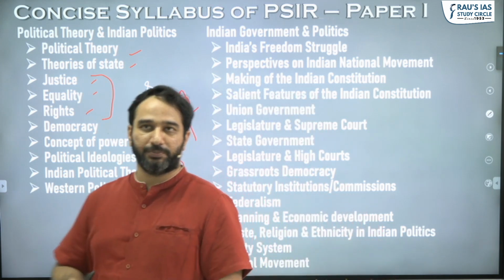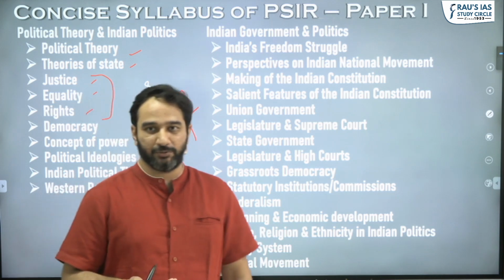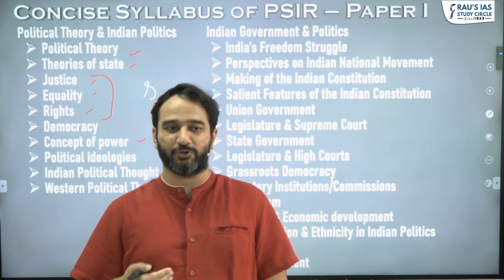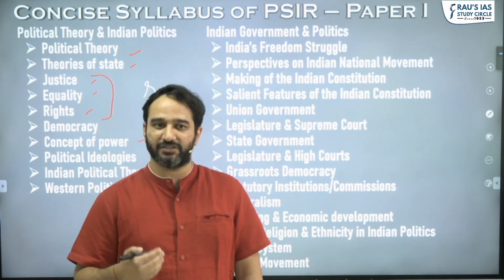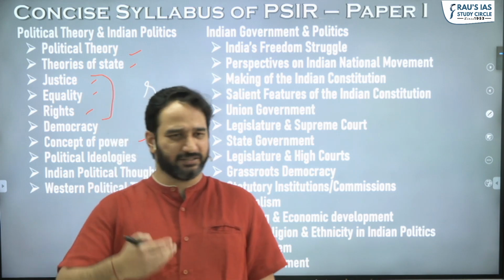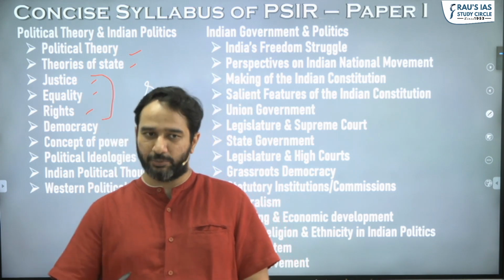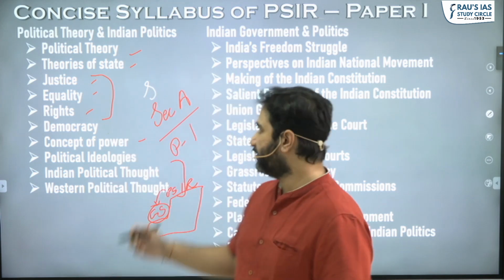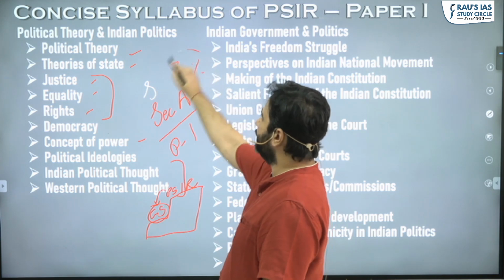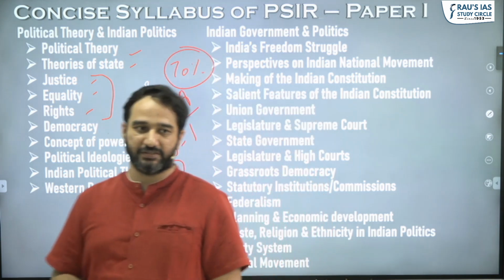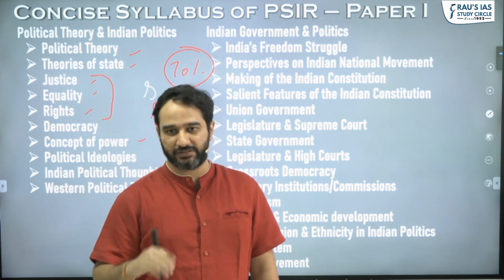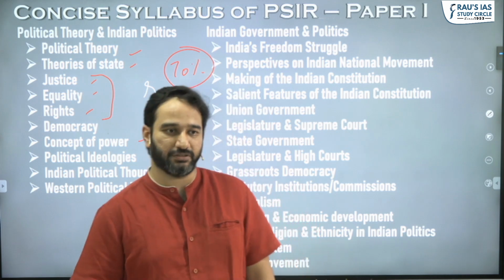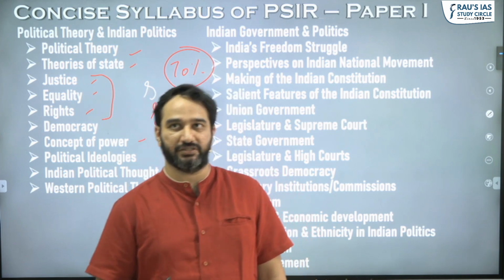Technically, when we talk about the UPSC exam itself, it was initially actually a political science exam. When UPSC started, and I'm talking about the 1950s and 60s, the Civil Services Examination was actually a political science exam. Later, you had the concept of general studies and the way that we conduct the exam today. That is why 70% of the syllabus of GS is completely overlapping with political science. Among all the optionals, this is the only optional subject which has the highest level of overlap, 70% within general studies itself.